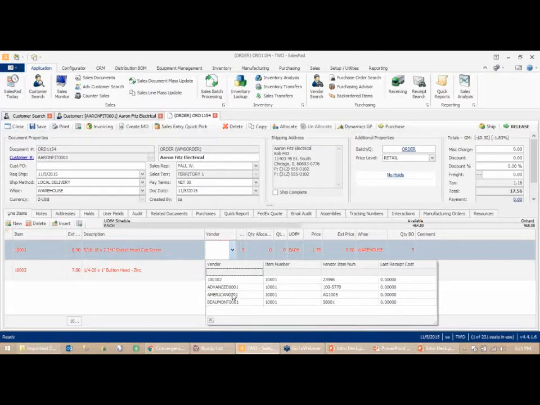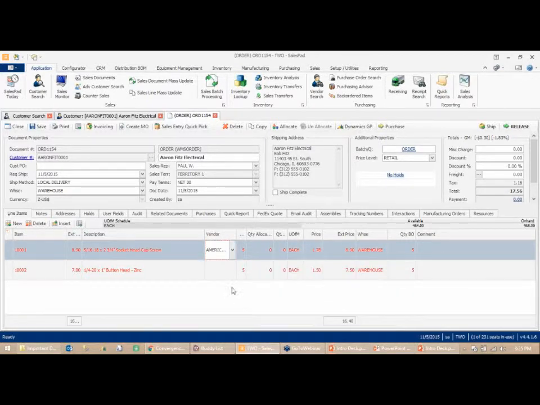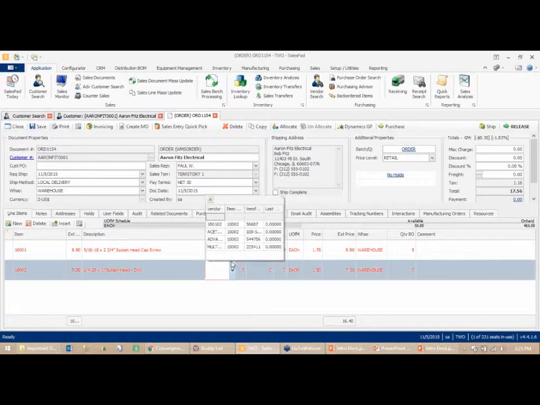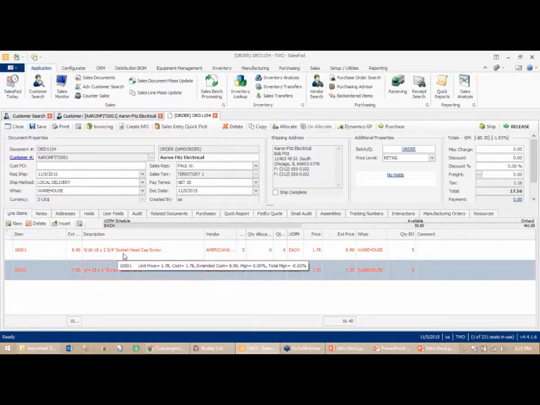So with this, I can come in, I can also view the last receipt cost. So maybe I want to go with whoever was the cheapest on the last receipt, and I can select this vendor and bring them into the line item level. I can go to my next item and do the same thing. So now I've got my vendors assigned to this particular order, and with that, I'll save it,